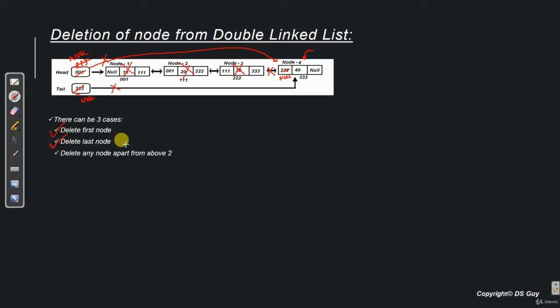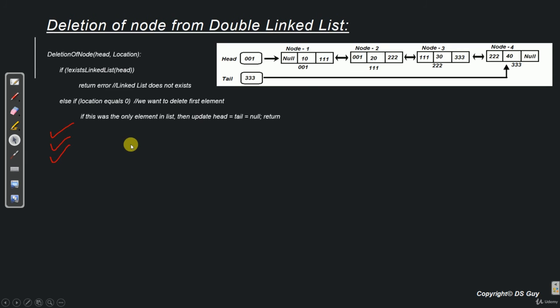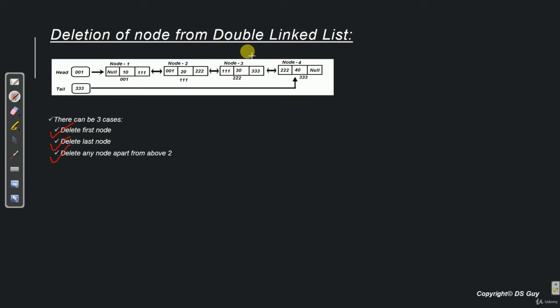Now let's see the last case, which is deletion of a node other than the first and last node. So let's say we want to delete node 3. Now how do we do that? So the idea is very simple. All that we have to do is start from the first node, keep going towards the right till we reach a node which is just immediately before the node that we want to delete.